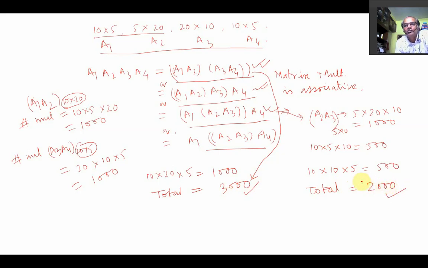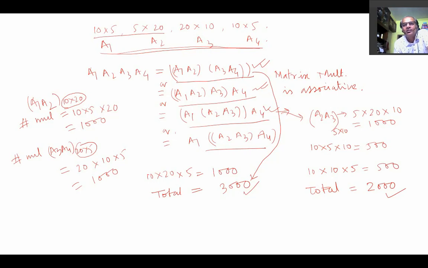This is more efficient. So the most important thing is in which order you are doing the multiplications. That's why, if n matrices are there and you have to multiply them, it is called matrix chain multiplication. That will possibly be covered in a design and analysis of algorithms course, and it can be done by dynamic programming. Not all of you know about this, but it can be done. That is also another design paradigm.